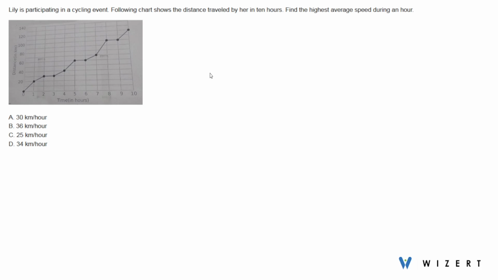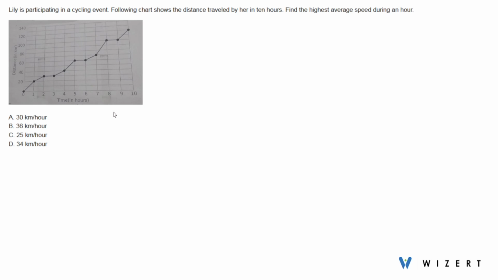So when she travels the highest amount of distance in the least amount of time, or suppose we are calculating the time in a specific interval, that is 1 hour. So we have to find that interval of 1 hour where she travels the highest amount of distance. Upon careful observation of the graph, we can see that from time equals 7 hours to time equals 8 hours, she travels a total distance of